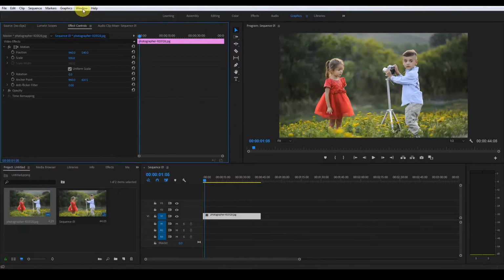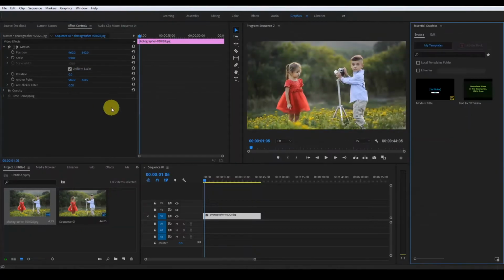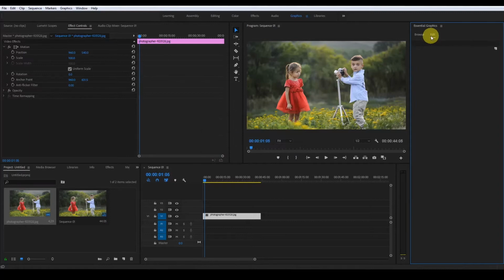Go to the Window menu and then choose Essential Graphics. Then you will find that the Essential Graphics panel has been opened. There are two tabs, Browse and Edit. Go to the Browse tab and then go to the lower right corner of this panel where you can find this plus icon. Click on this icon